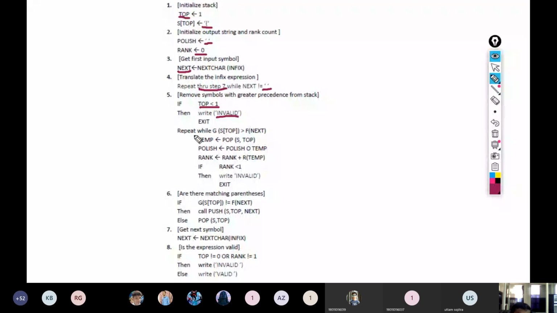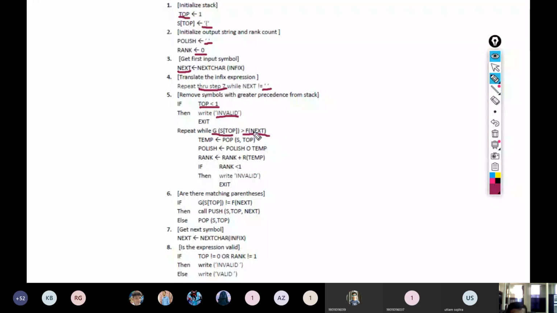Otherwise, you have to repeat while the precedence function g of top of stack is greater than the precedence function of the input string for the next variable, right?